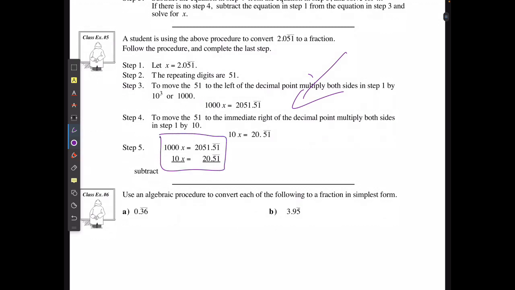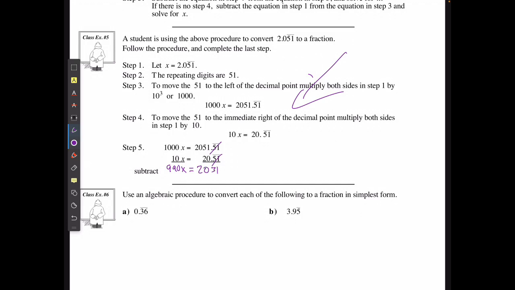If I have this, where 1,000 x's is this, 10 x's is this, and I subtract them from each other, then 1,000 x's minus 10 x's is going to leave me with 990 x's. And that's going to equal everything after the decimal. That 5-1 going on forever is going to cancel each other out, and I'm just going to be left with